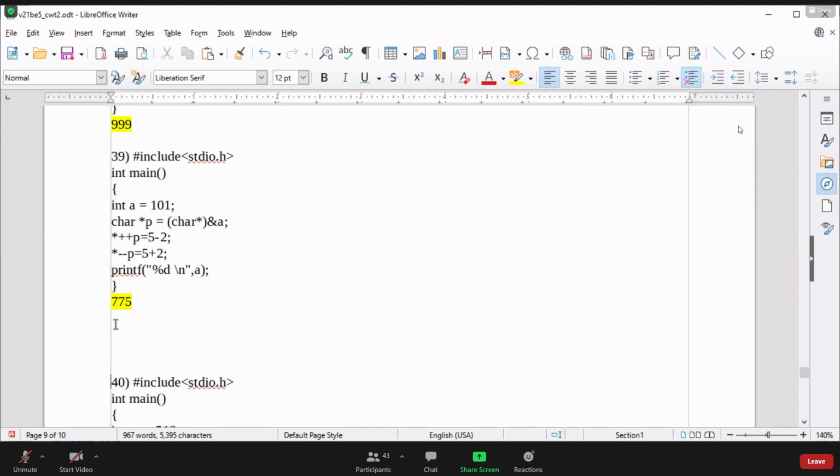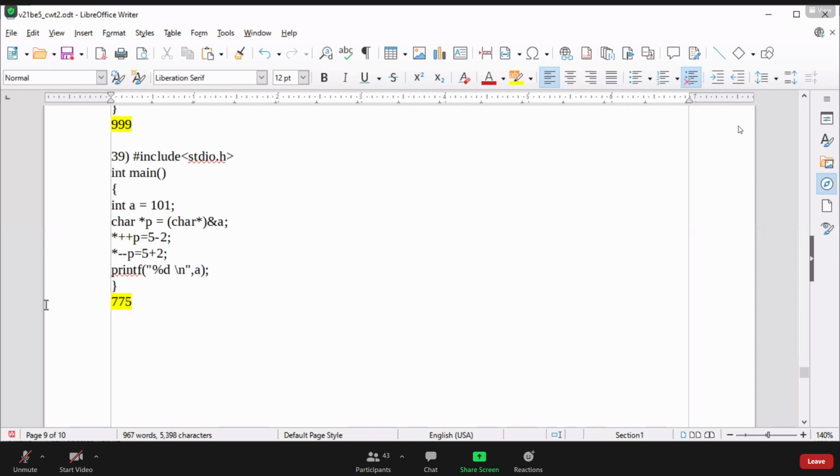Question number 40, you can try from your side in the same way. First of all, I'm going to explain the proper binary representation for question number 39. If anyone is still facing problems in pointer concepts, try to understand how pointers increment and how arithmetic happens with pointers.